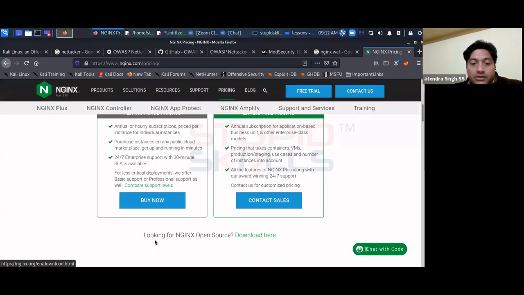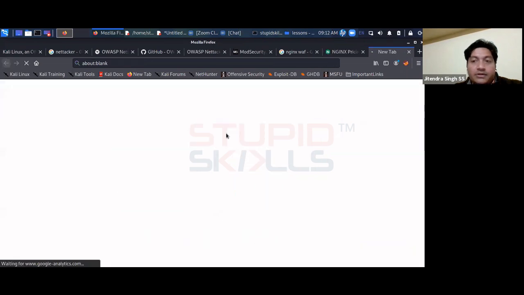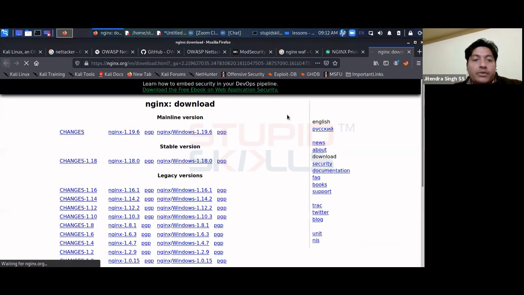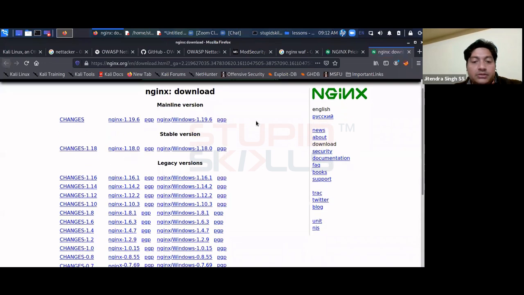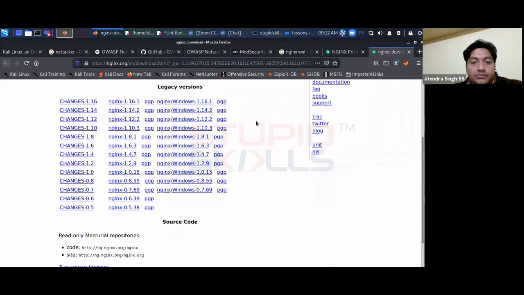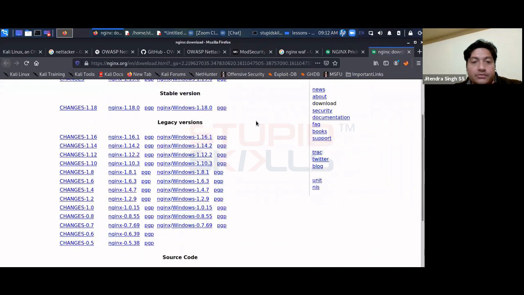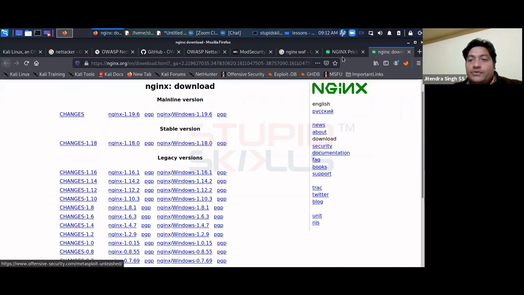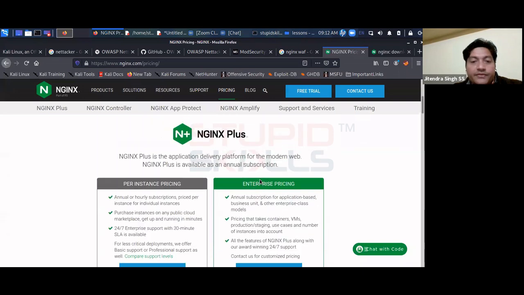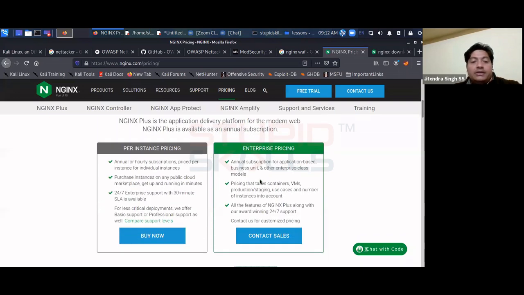Okay. Yeah, looking for Nginx open source, they have a download page, right? So probably you can download it from this URL. Okay, the open source version. Oh, this is the Nginx open source version, not the one of the firewall. Okay. So please have a look at it, and just for learning purposes, in the trial period, if you want